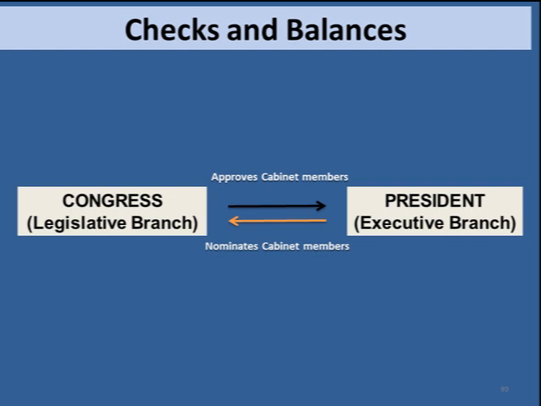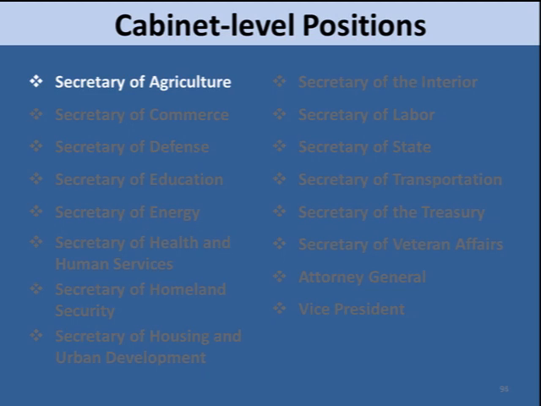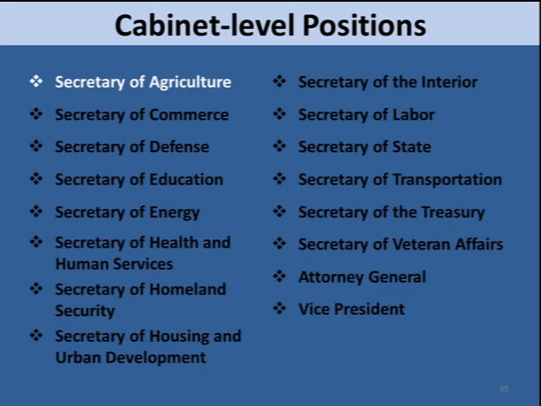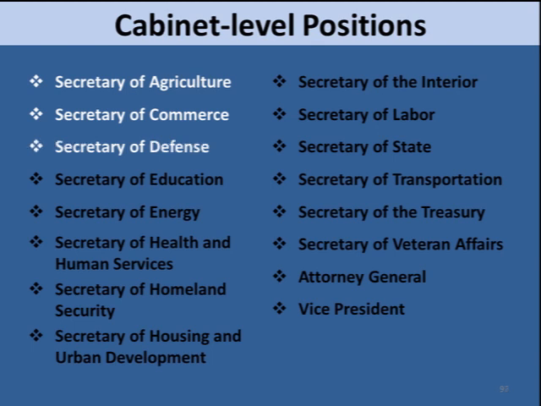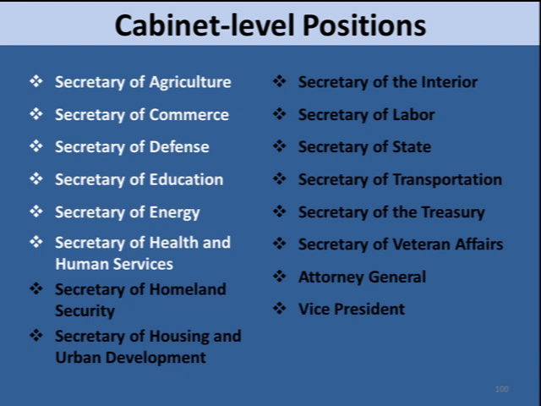In another example of checks and balances, the President nominates the Cabinet members, but only the Senate can accept the candidate. 13 of the executive department heads are called secretaries. The 13 secretaries are the Secretary of Agriculture, Secretary of Commerce, Secretary of Defense, Secretary of Energy, Secretary of Health and Human Services, Secretary of Housing and Urban Development,